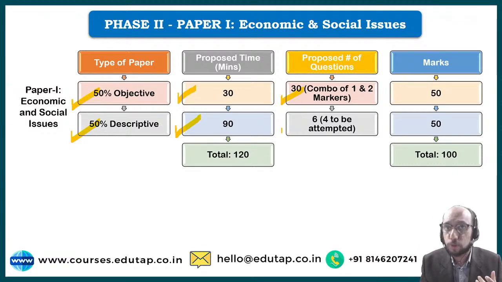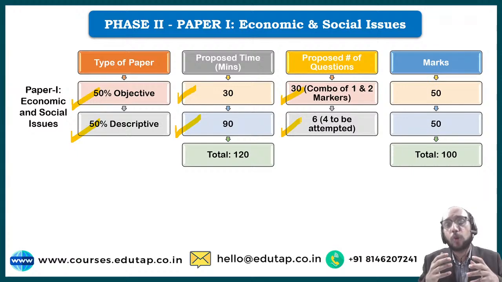As for the 6 questions from the descriptive paper, you have to attempt only 4. So pray to God that 4 questions come from the chapter that you have read about, and pick up those 4 questions and write everything that you can in that allotted time of 90 minutes. And please try to make